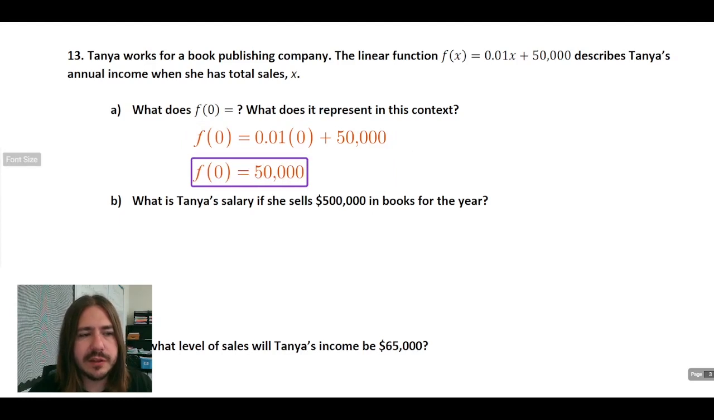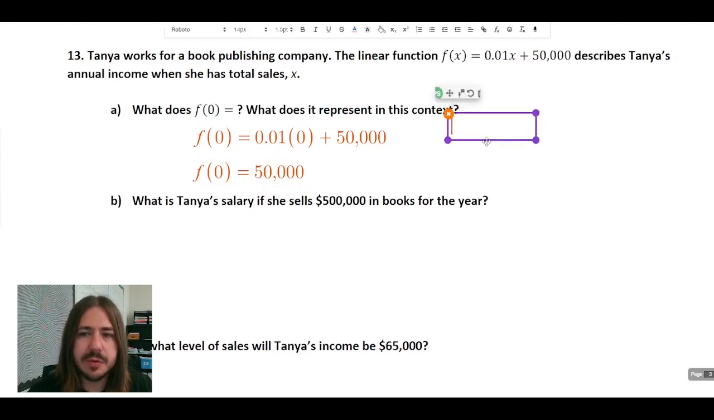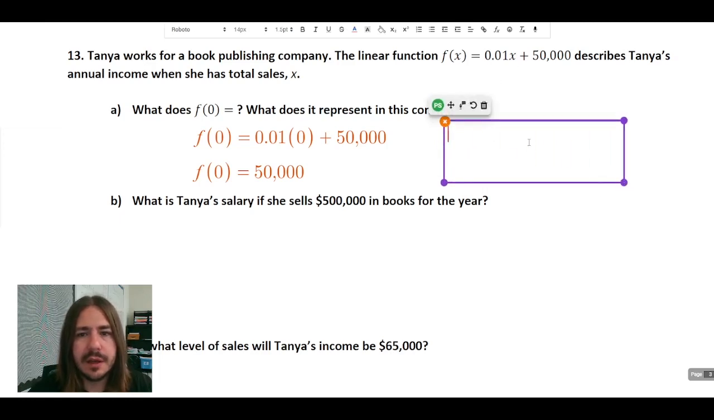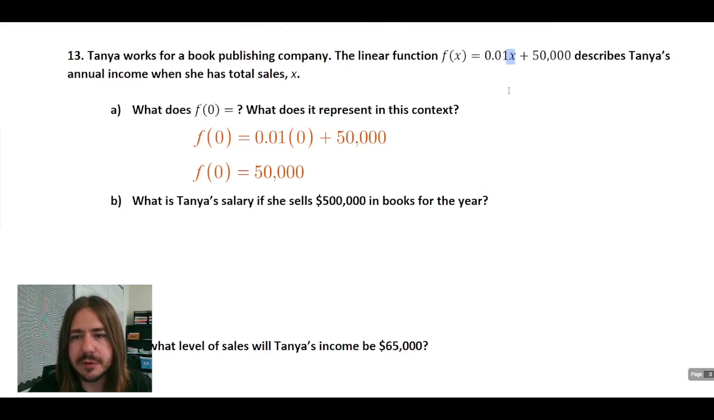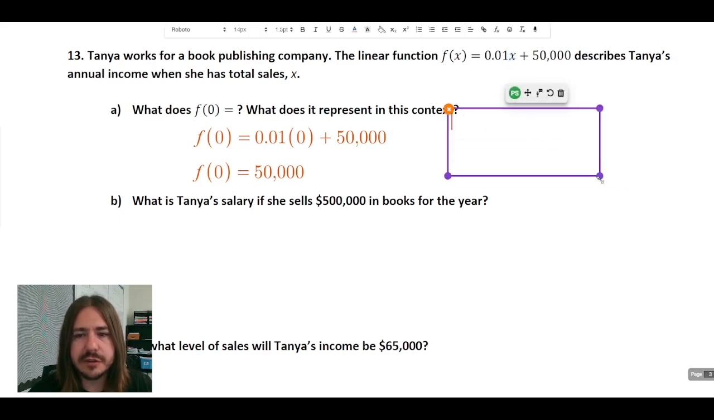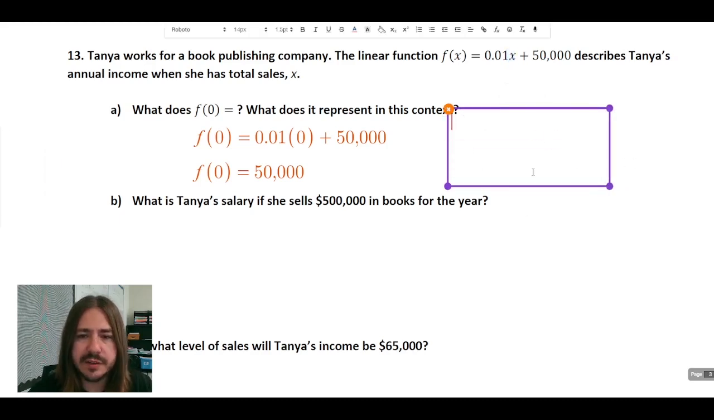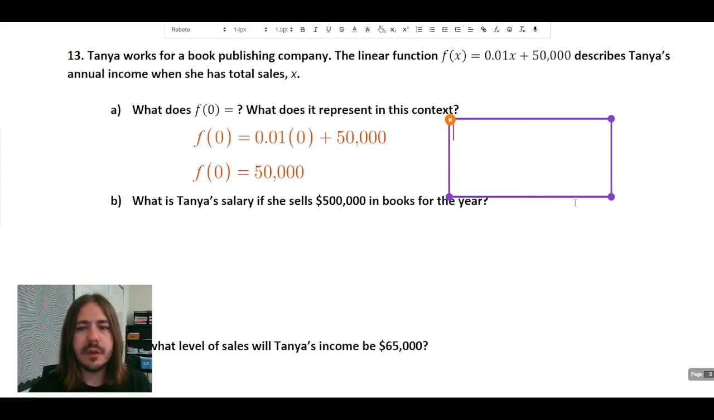But what does it represent in this context? Well, if this is her salary, that's how much money she's making without any of the sales or commission. So this $50,000 is going to be your base salary, and we want to say something to that effect. So f of 0 equals 50,000 represents Tanya's base salary